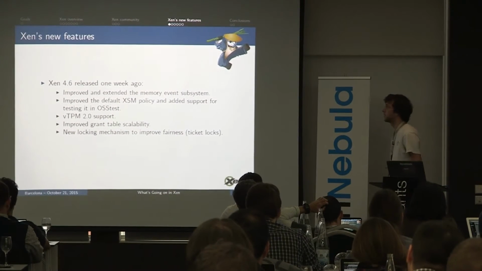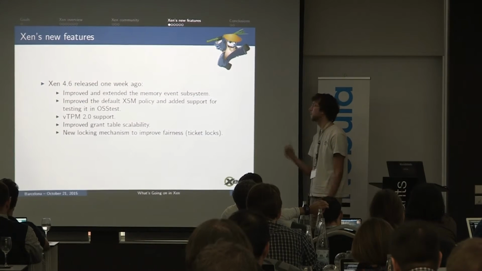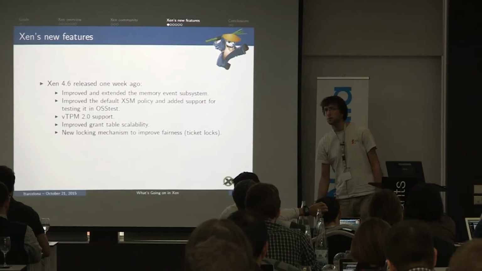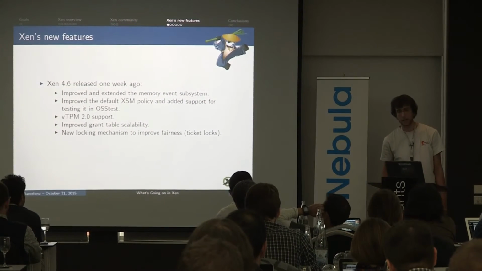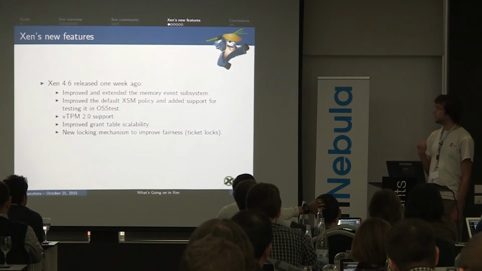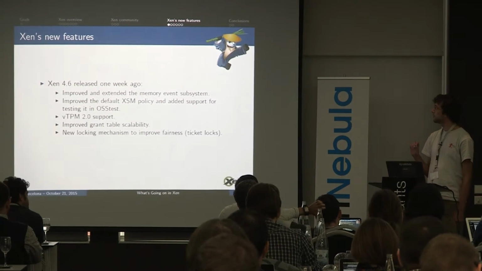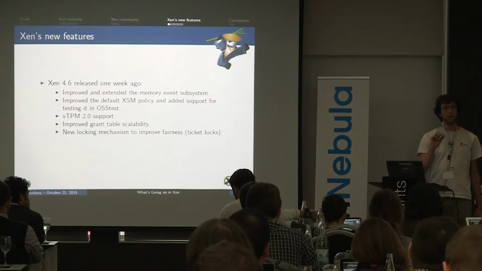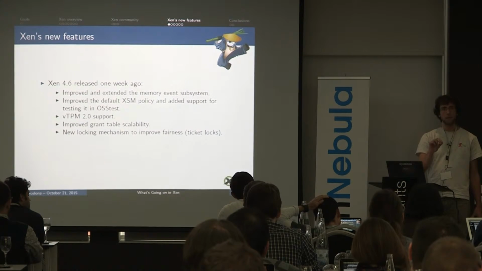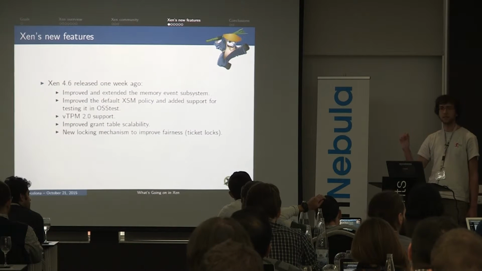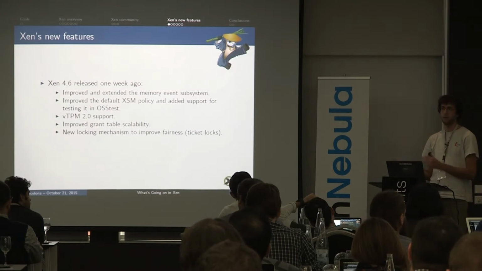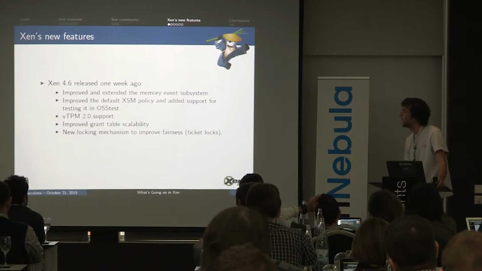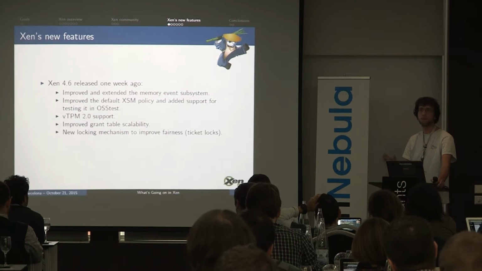So, about the new features of Xen 4.6 that we released 1 week ago, we have improved the memory event subsystem. For those of you who are not familiar with the memory event subsystem, it basically allows you to set callbacks on a specific event. For example, if a guest modifies a memory page, if it tries to write or read from a memory page, if it tries to access a specific register, things like that, you get traps, and you can process that on your control domain. This is especially interesting if you want to do things like memory introspection or figuring out what